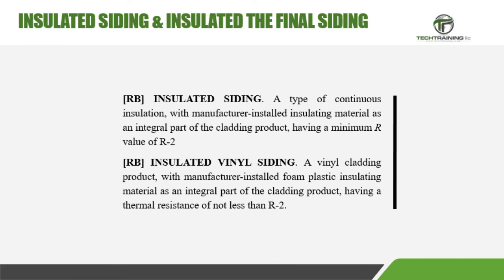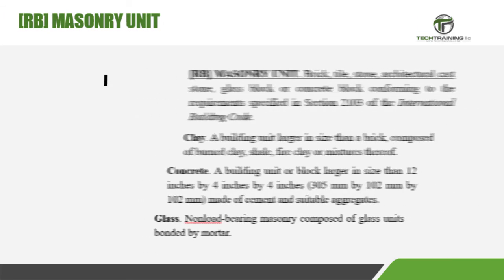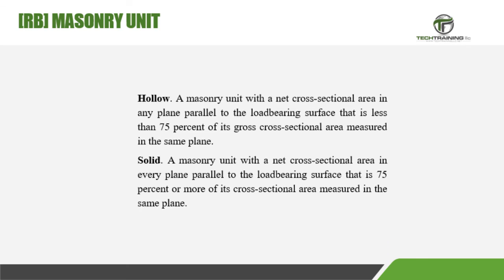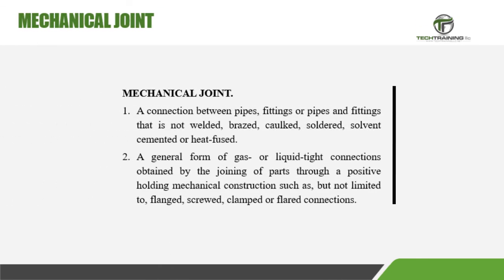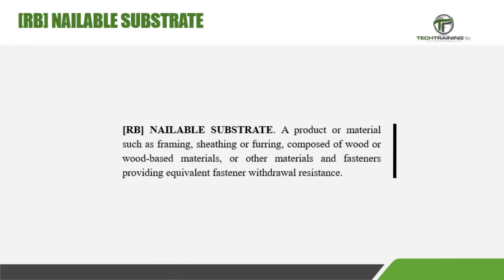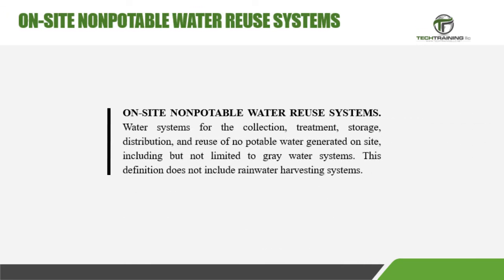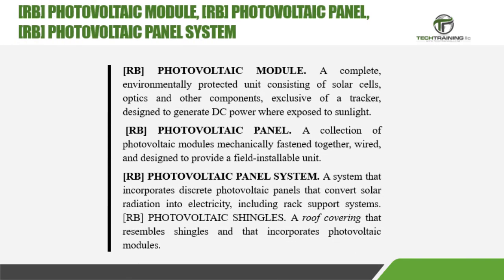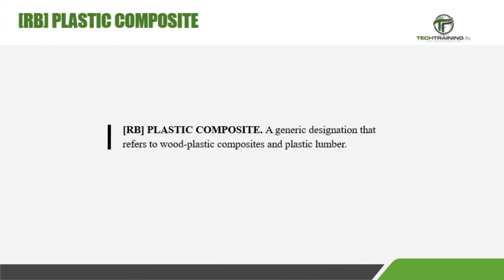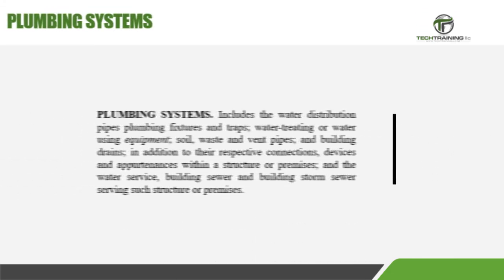Insulated siding, insulated vinyl siding, masonry unit continued, mechanical joint, mezzanine, nailable substrate, on-site non-portable water reuse systems, photovoltaic module, photovoltaic panel, and photovoltaic panel system, plastic composite, plumbing appliance, plumbing systems,